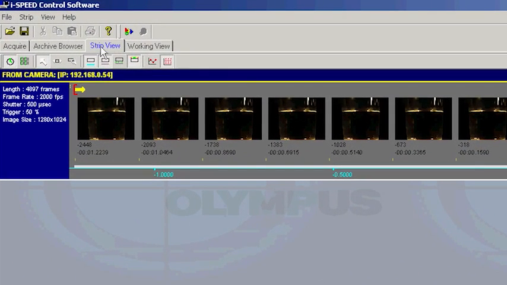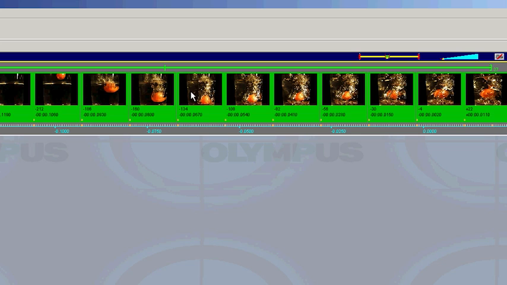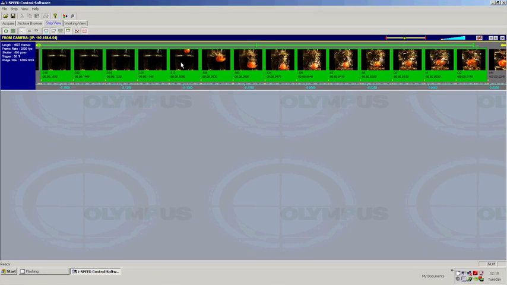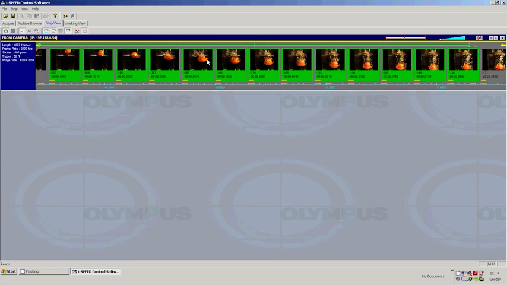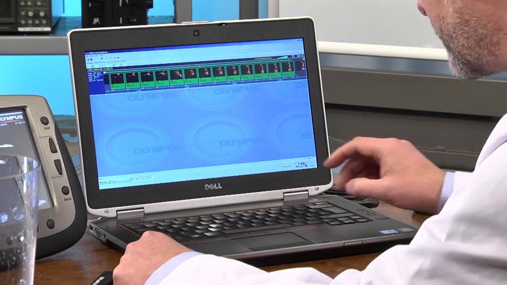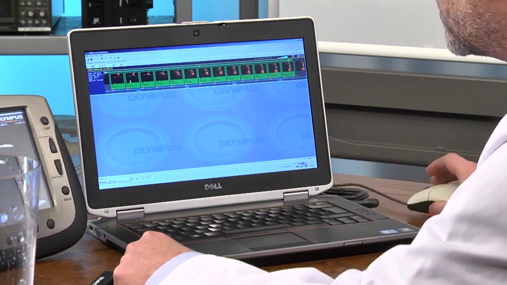This is now moved automatically to the strip view, and I can interact with the video in terms of time. So I'm going to zoom in to where the event occurred by clicking and dragging, and I'll press the enter key to execute the zoom function. I can do that again to get a more accurate position. Once again, I'll press the enter key. Okay, I'm happy with this. It's just under 100 frames, so I'll press the space bar to set the range of the camera to the